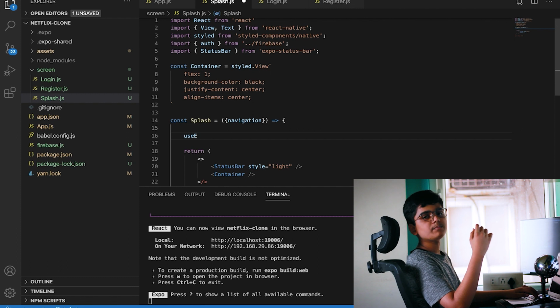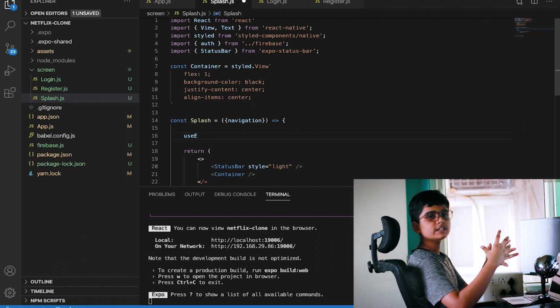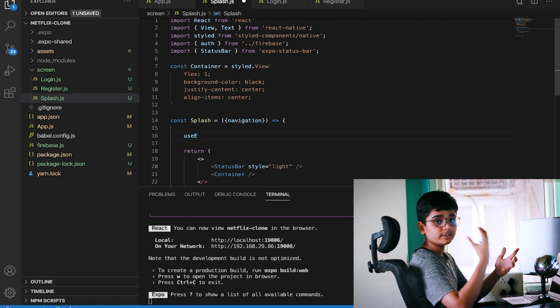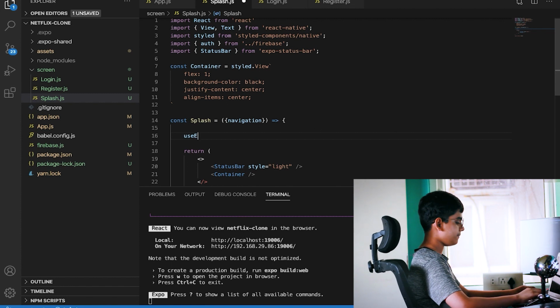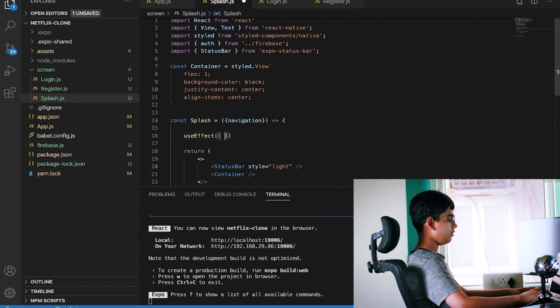effect. So do you know the main purpose of splash? So we are using splash in order to decide whether the user is logged in or not. If he's logged in, send him to home screen. If he's not logged in, send him to login screen. So that is the main feature we are implementing over here. So now let's make a